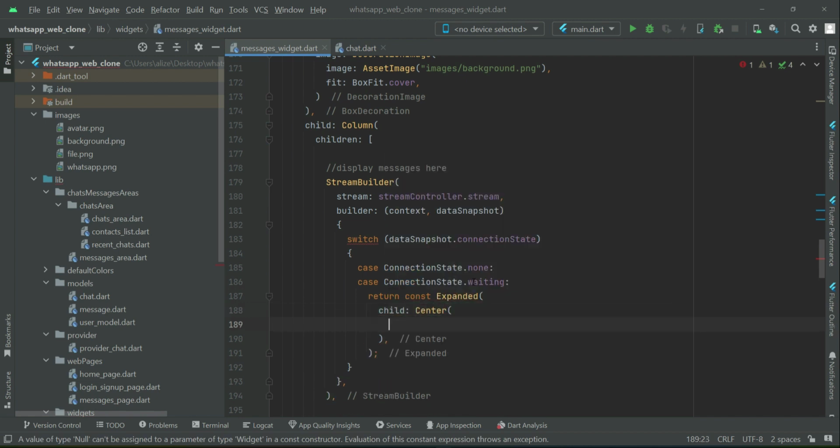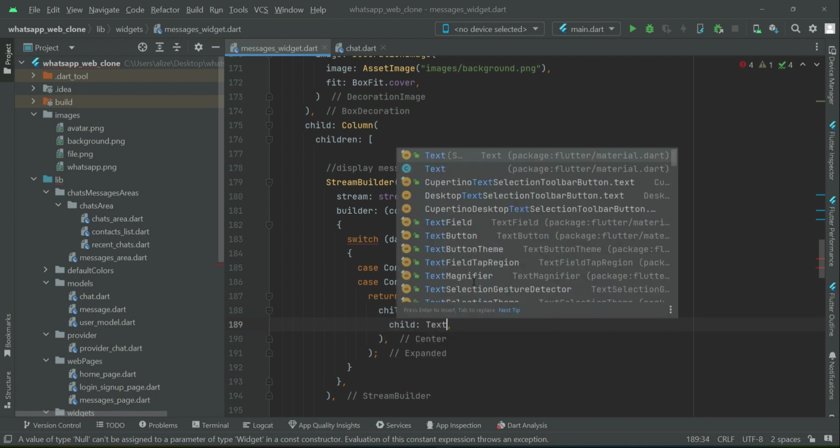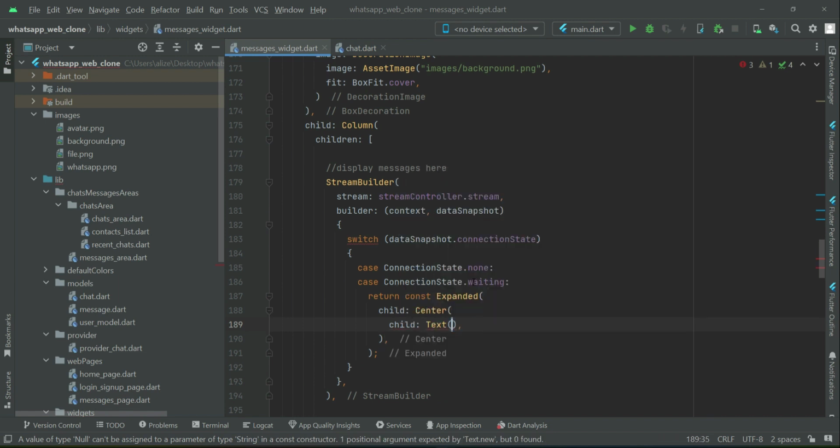At the center, using the text widget, we will display that. So you can simply say loading messages or loading data,